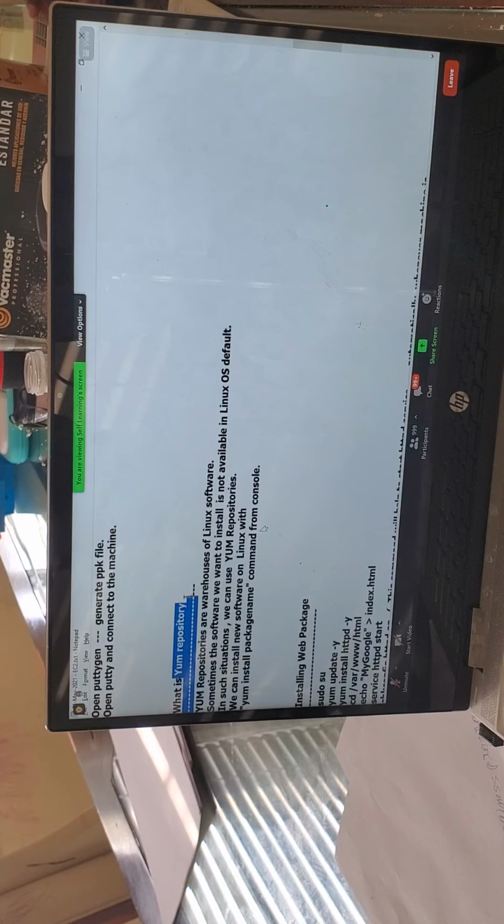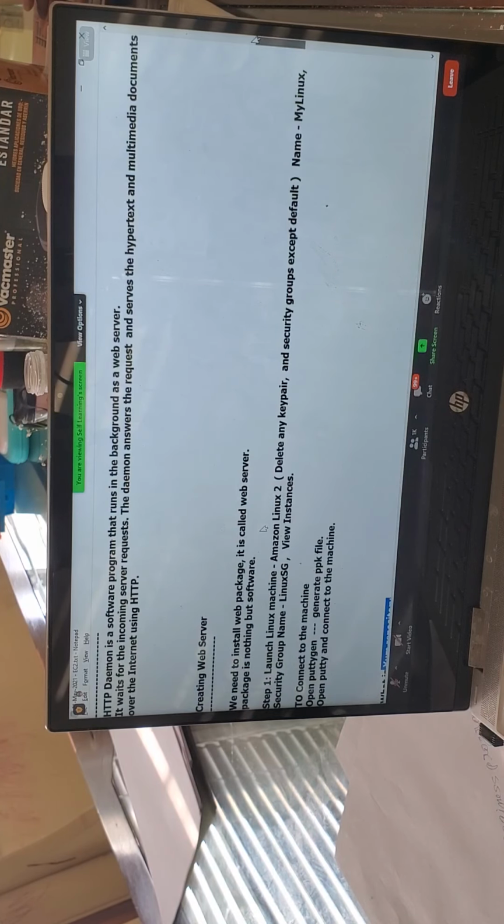Any software you want to install, if you want to install Tomcat, Nginx, Apache server, IIS, whatever you want to install, you need to install it from the yum repository. The Linux community is maintaining the yum repository. Visualize a repository as nothing but a warehouse, which is a collection of thousands of softwares. The term package in Linux refers to software.